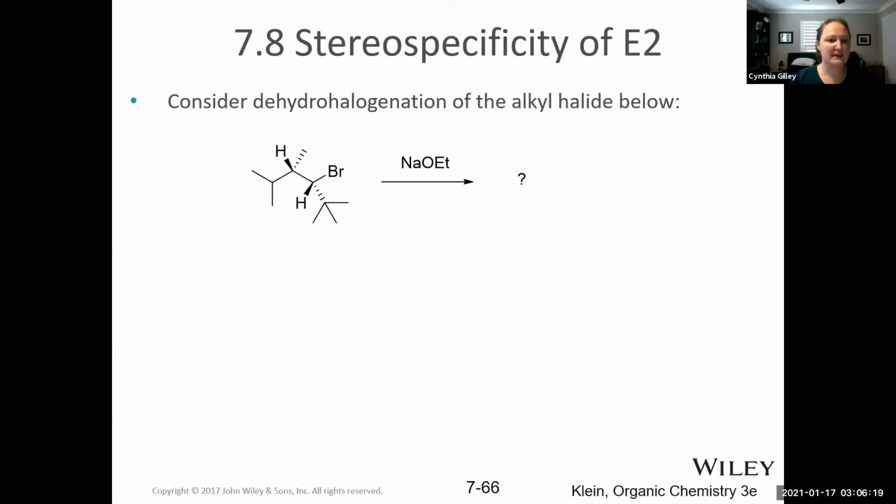Let's talk about this E2 reaction. They call it a dehydrohalogenation because we're losing hydrogen and halogen during this elimination process. And in this reaction, you actually need to figure out if you're going to get a Z or an E alkene. It's not entirely clear which one you're going to get unless you do some work to figure it out,